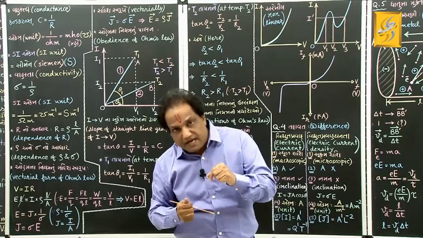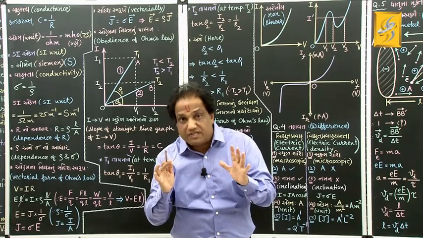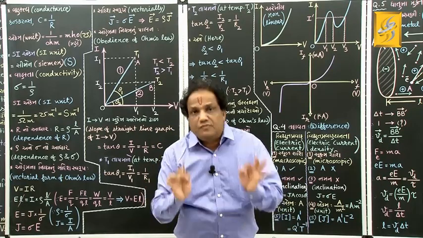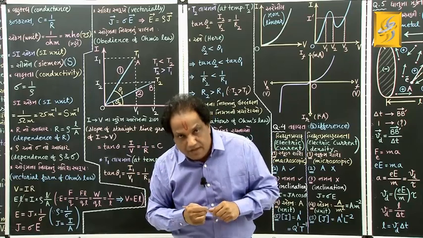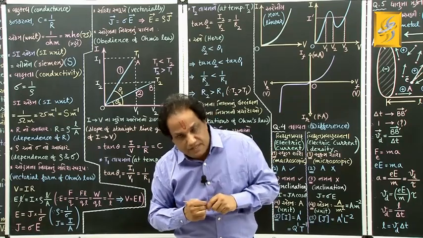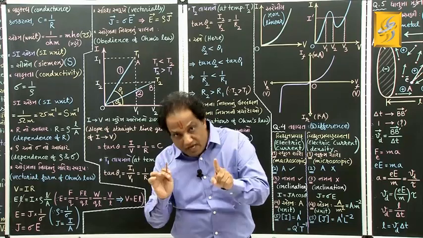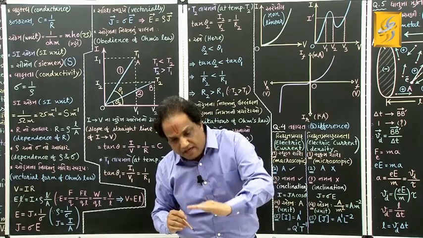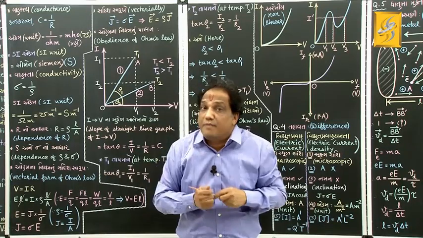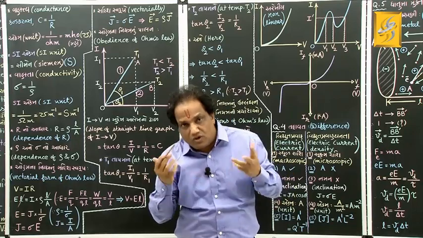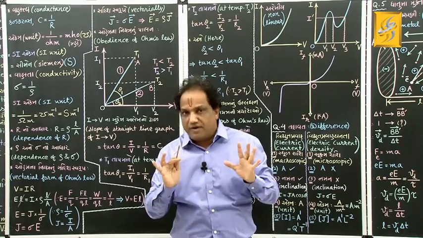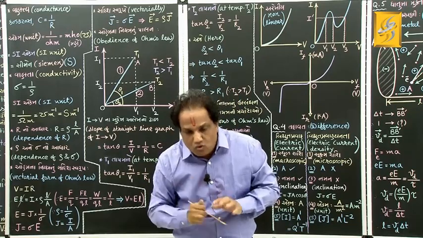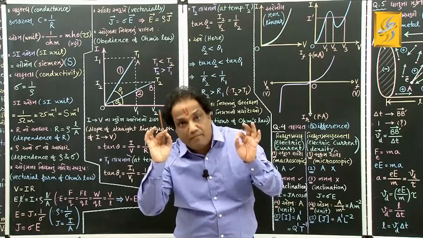Fine. Second is that category in which the elements have very small electrical conductivity, nearly zero. They are called insulators of electricity, poor conductors or bad conductors. And third category is of those elements which have electrical conductivity smaller than that of metals and greater than that of insulators. They are called semiconductors, for example carbon, silicon, germanium, etc. Correct? Fine. Among all these three types of elements, practically we find that Ohm's law is obeyed only by metals,